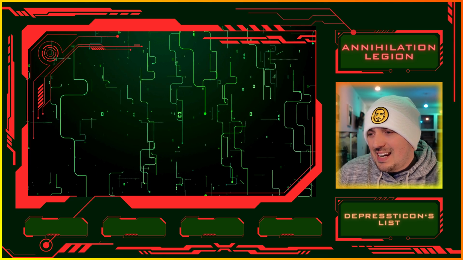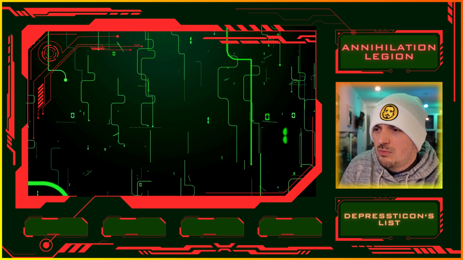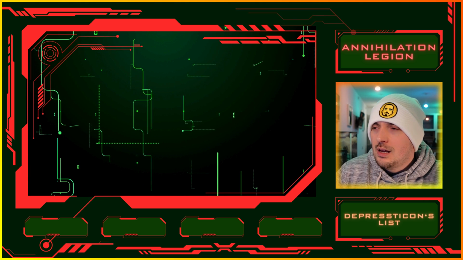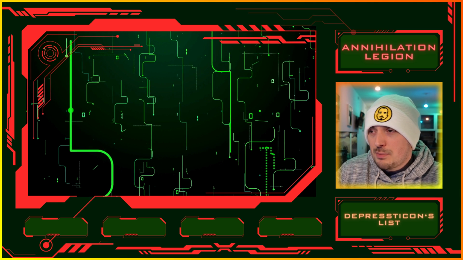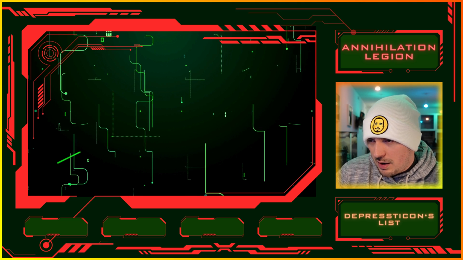So let's move into the Annihilation Legion list. This is the Destroyer and Flayed one, really. The list where you get the reroll to your charge roll and all that stuff. It's not the best detachment, but some people actually claim it's pretty good. So I'd love to see what this list turns out like. This is from